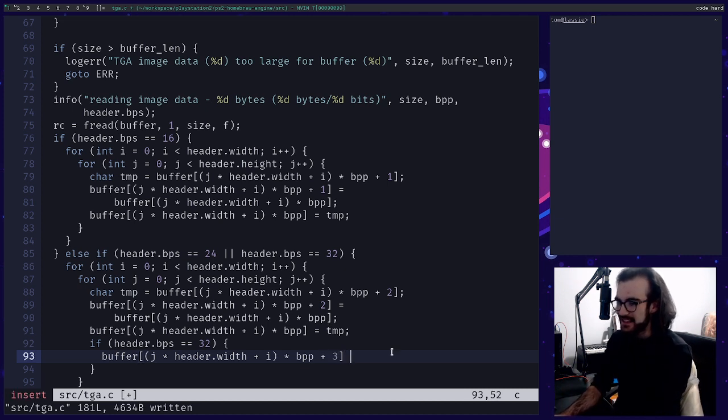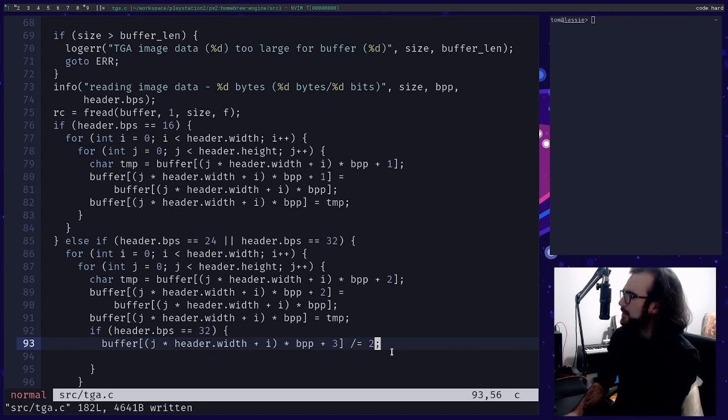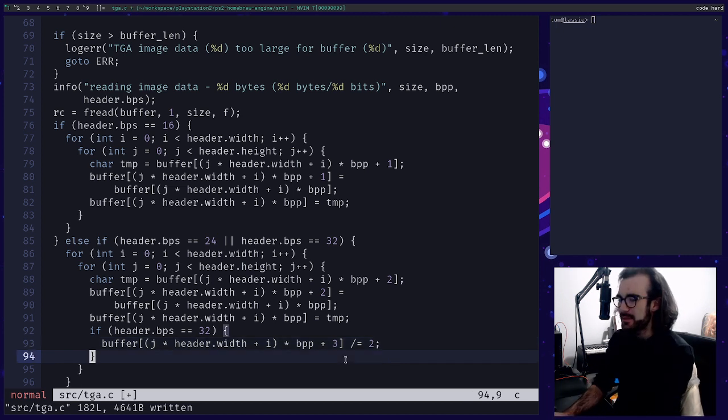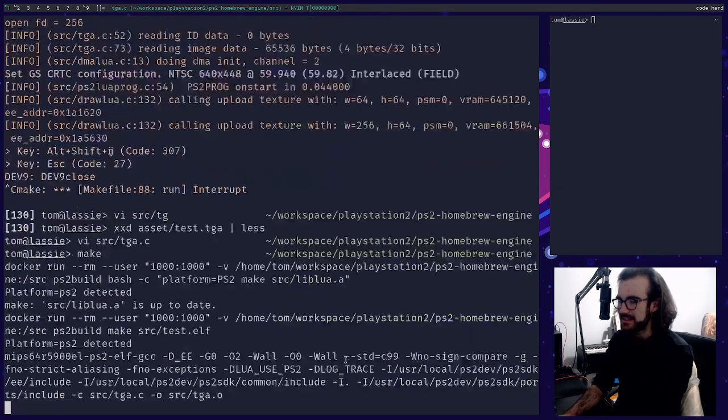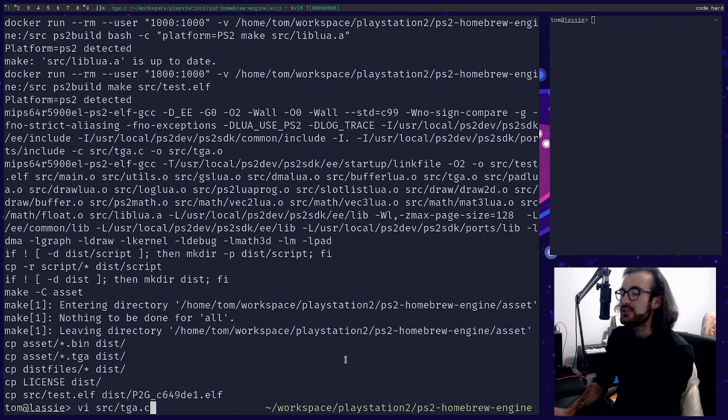So let's say this equals, can we divide by equals into an array? I think we can do this, right? It's just a byte, so this should be fine. So let's try this. What happens if I make this? Is it angry with me? It's fine. That should be good. Okay, so we've crunched the alpha range down in half.